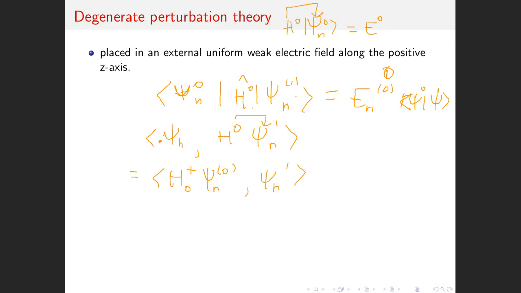And now the Hamiltonian is Hermitian. We proved this, or if you want, for these simple cases that we have been dealing with, it is Hermitian. So this h dagger is the same as h. So this will just give you h0 psi n 0 acting on psi n 1. And this, you just make use of this relation. Then en0 is a number, so you can take it out of the overlap. So you're left with psi n 0